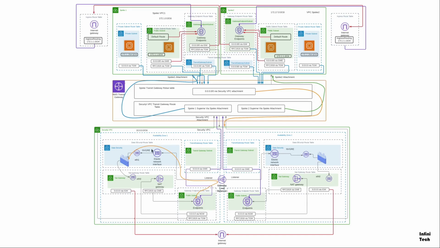The firewall inspects the traffic, it then returns the traffic back to the VPC endpoint that sent the traffic in the first place. This traffic lands in the gateway endpoint route table in the spoke VPC. That route table has a default route pointing to the Internet gateway. So, the traffic loops through the central VPC firewall and returns back to get routed to the destination using the local Internet gateway.